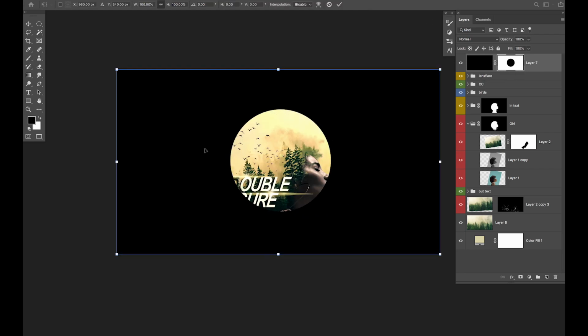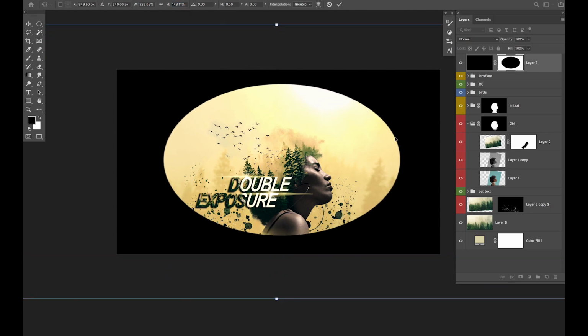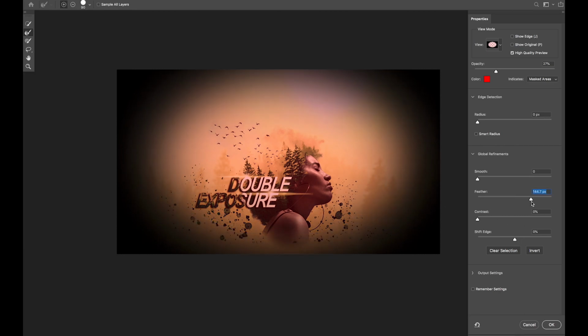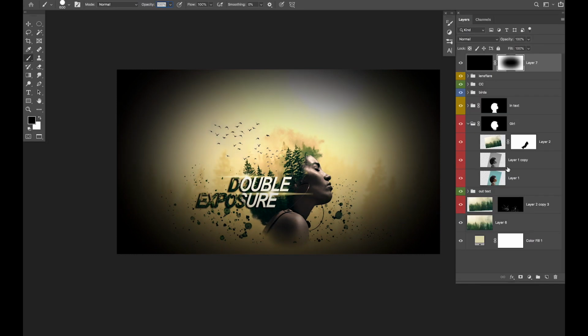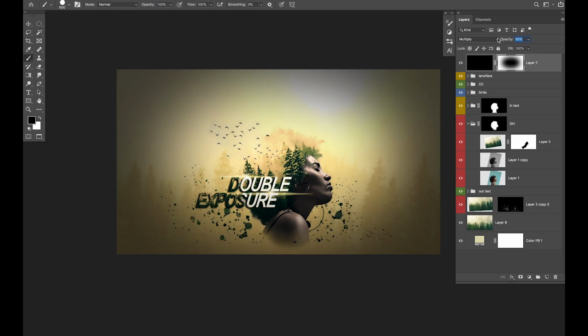Now hit Command T. And we're going to scale it like this. Press enter and double click on the mask. Now we're going to increase the feather to have a vignette effect. Change the blending mode to multiply. Get the opacity down. Now I don't want the vignette effect on the sun, so I'm gonna paint it out